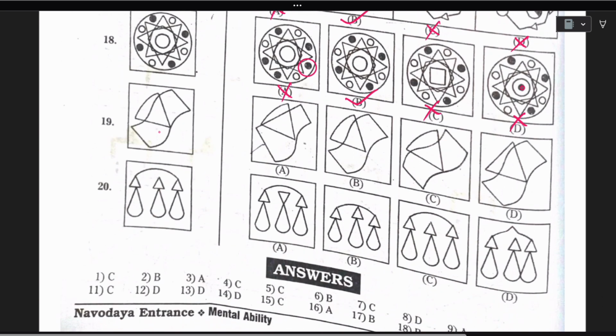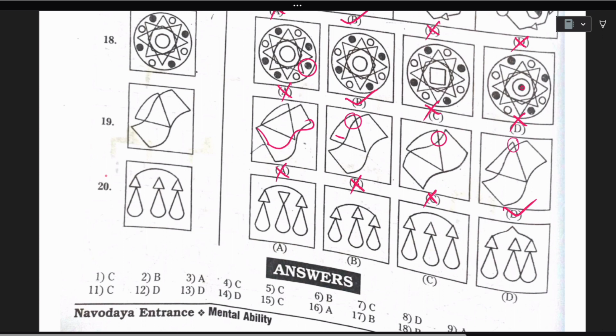And here the question is like this, and this is supposed to be like this, but it is given something wrong, so we eliminate A. And then let's check, but the gap is not fine here, and here we have more gap which is not the same, so we will be eliminating C. And in D everything looks the same, let's check, right? So here the gap is also matching, and in B the gaps are not matching, here the gap is more, right? So we will be eliminating B and selecting D as our correct answer.